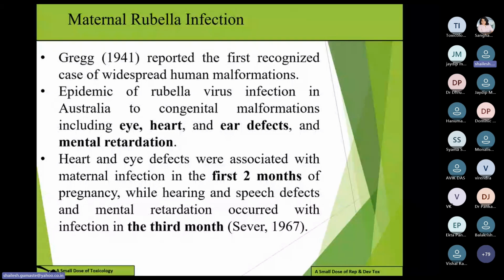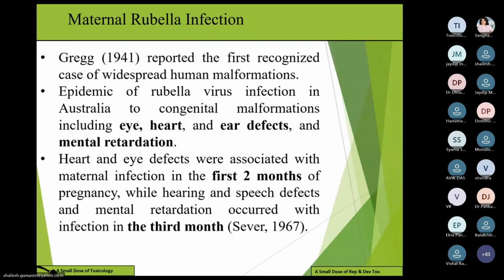Now we go through some classical examples of human teratogens, that is maternal rubella infection. Gregg in 1941 reported the first recognized case of widespread human malformation. An epidemic of rubella virus infection in Australia caused congenital malformations including eye, heart, and ear defects, and mental retardation. Heart and eye defects were associated with maternal infection in the first 2 months of the pregnancy,